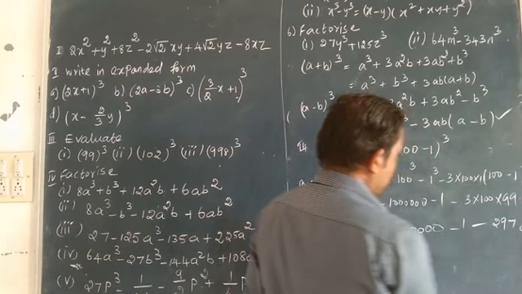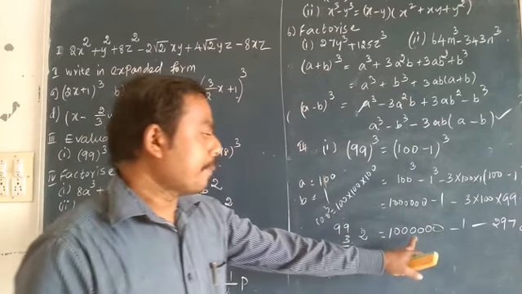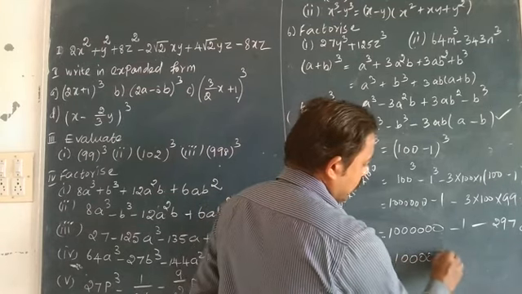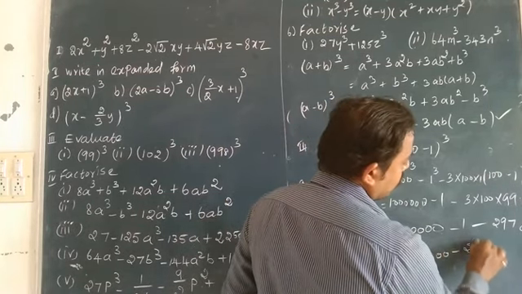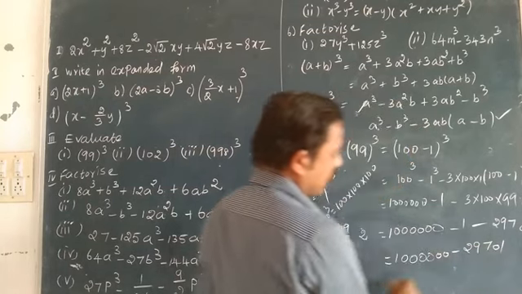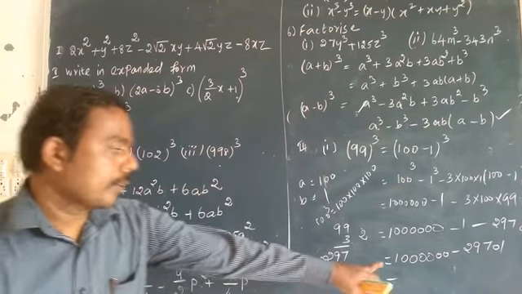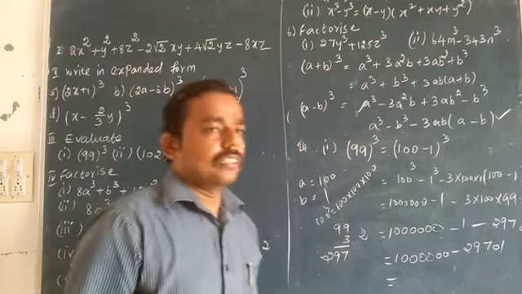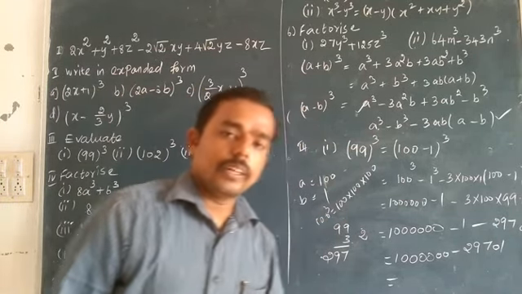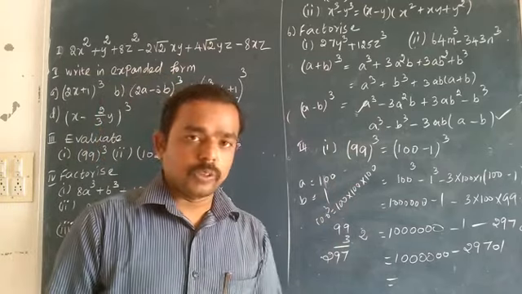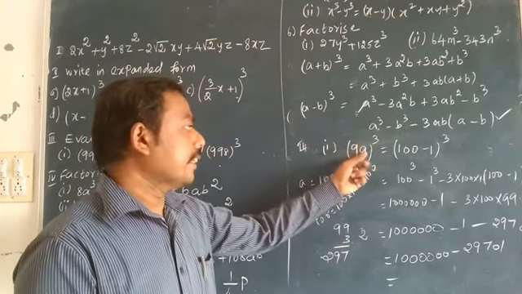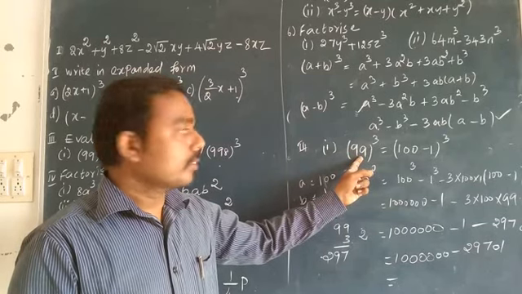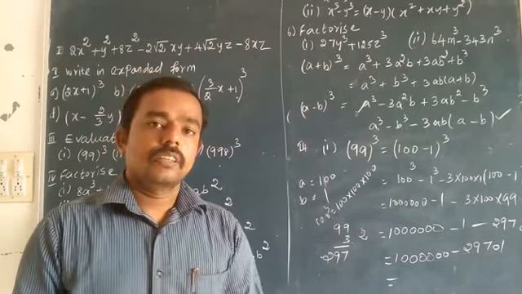Then now do this problem. Subtract this value; with the addition of 29701, subtract this value and you can give your answer. Subtract by yourself and give the answer. So the idea is, if it's nearest to 100 use 100, if 1000 use 1000, and expand using either (a - b) or (a + b). Here we need to use (a - b) whole power 3 because 100 minus 1 is 99.